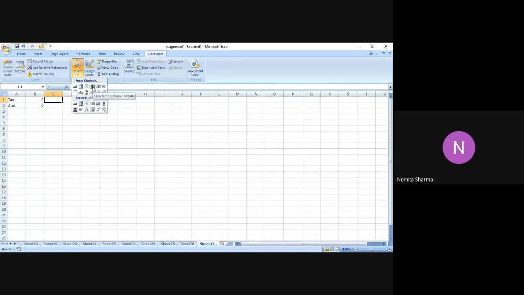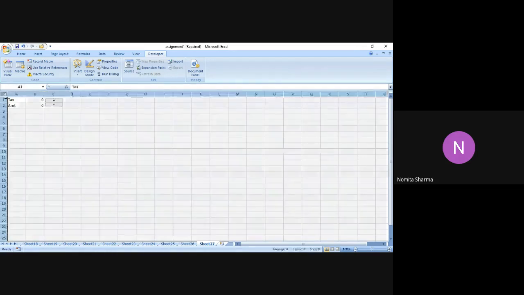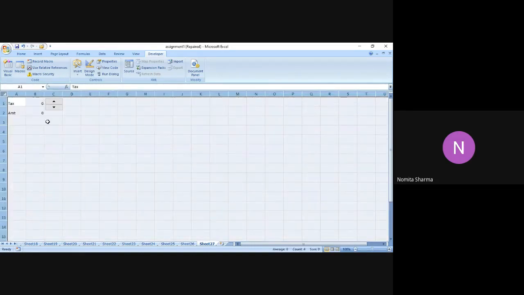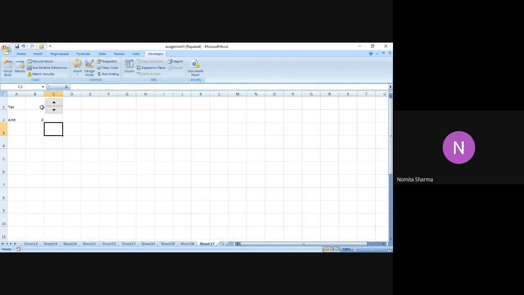So I just click on that, and you will see that in the Excel sheet, when I come on my Excel sheet, that plus sign will be appearing, right? So I will just simply put my cursor over here and use the arrow key to put this spin button over there. Now it is very clear, I hope. Now, you will see that just adjacent to the B1, where I've written the tax value, which I want to change, maybe increase or decrease, I have put my spin button.